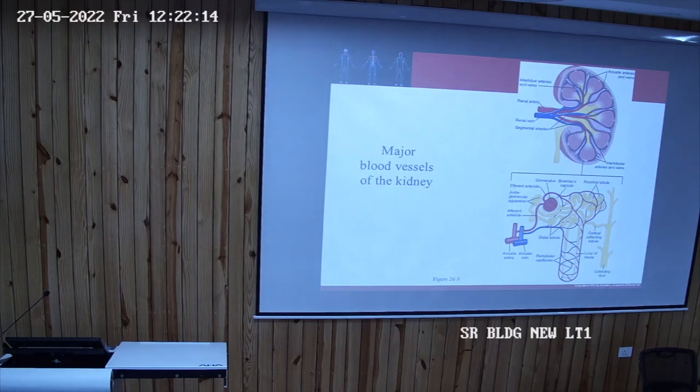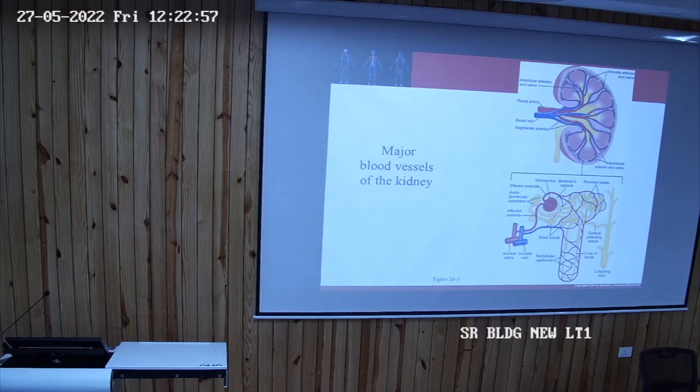The nephron may be of two types, cortical or juxtamedullary. Depending on the nephron, the other set of capillary may be peritubular capillary or vasa recta. Peritubular capillary is seen in the cortical nephron, vasa recta in the juxtamedullary. But they may also have a small proportion of peritubular capillary, but the majority is vasa recta in juxtamedullary nephron. Clear? Now this vasa recta or peritubular capillaries is joined to form the venules,